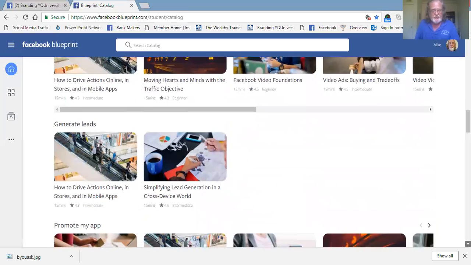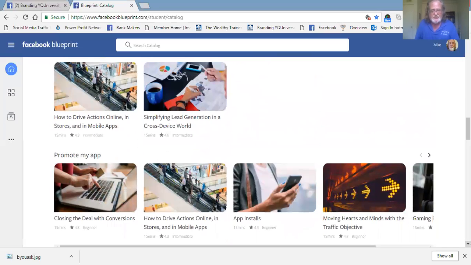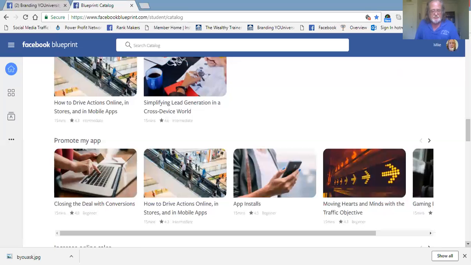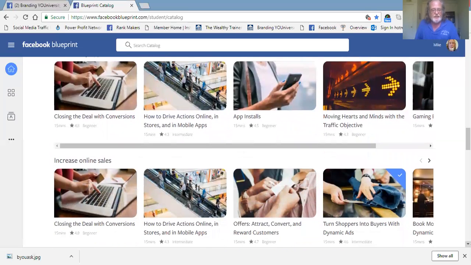We'll keep scrolling. There's a couple more courses: how to generate leads, drive actions online. Generate leads is a big thing that you can target ads to do for you. Conversions, there are things that will sell through a Facebook ad. A lot of what I do, you're not going to sell through a Facebook ad. You can put them on